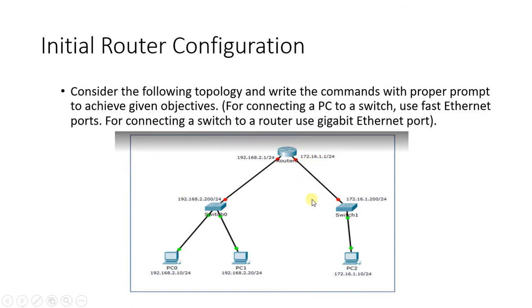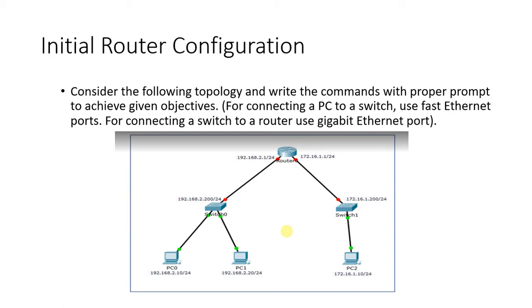This has to be very clear to you. If you don't give the default gateway, then pinging will not happen. You will not be able to send your packets from one network to another. So there are two points you have to remember when you have to verify the connectivity and when a router is used.